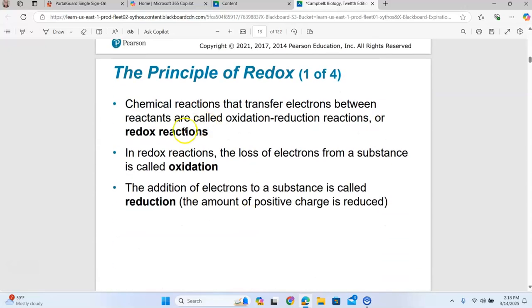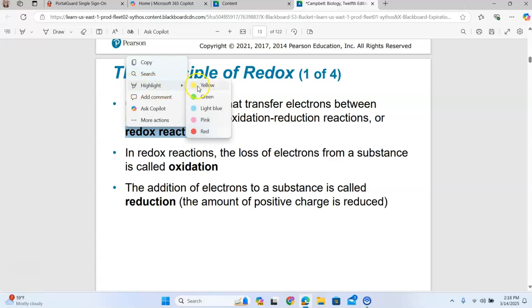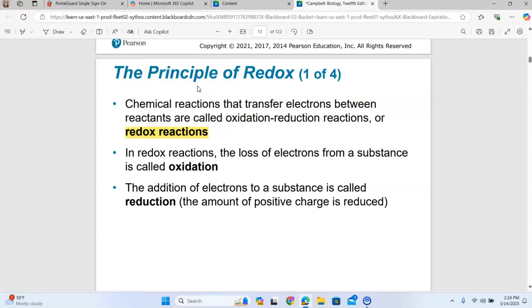Okay, we need to talk about a chemistry concept, and that is oxidation reduction reactions, or redox reactions. Both photosynthesis and cellular respiration are redox reactions. In a redox reaction, you have to remember, if you can remember OIL RIG,